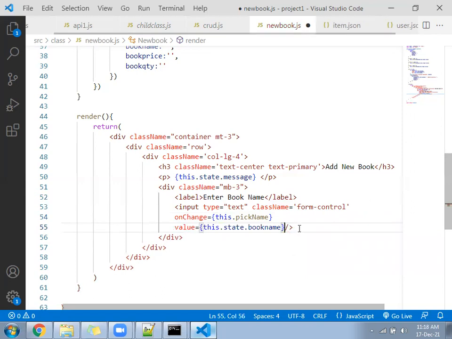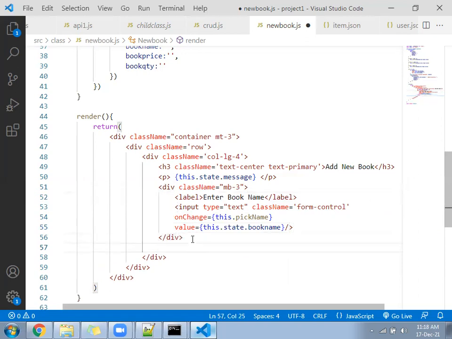So one text box is ready. Let's do the second text box. Write one text box. Let me know once you complete that.